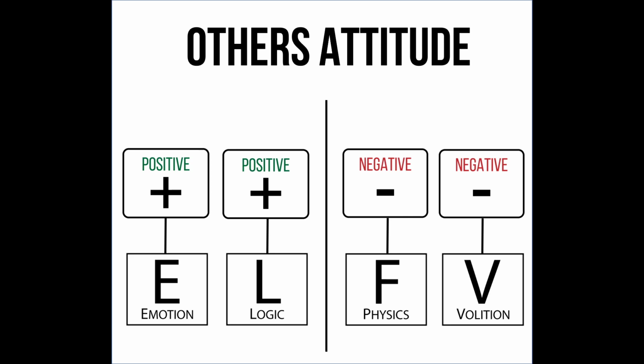And that's because these two aspects, which are now attitudes because we've paired them with a disposition, which is positive or negative, these are process attitudes. So they are processing the information between the self and others because it's the same. They look at their own attitude and your attitude as the same. Your aspect as the same. Now, for the emotions and the volition, they switched. So emotions is positive for others, but the VLFE is negative for themselves. So they'll often take the information and the opinion of other people's emotions seriously, but their own not so much.